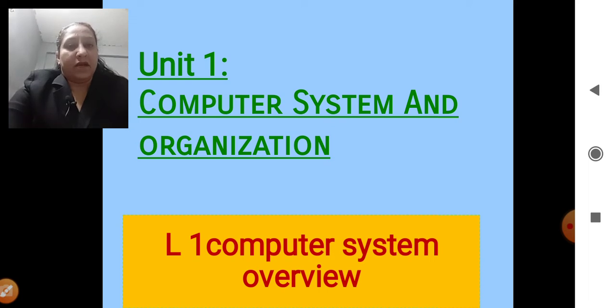Already you people are very well familiar with computer systems. It's not new to you at all. But CBSE and NCERT have introduced this chapter just to revise your concepts in case some topics are left out. So let us proceed ahead and see what major topics we are going to cover today.